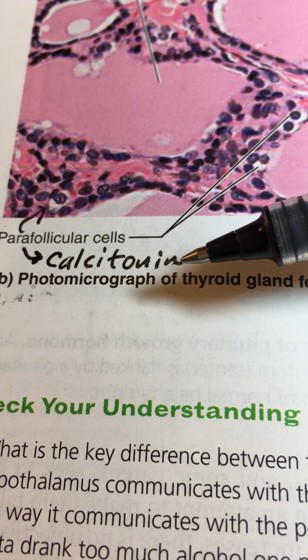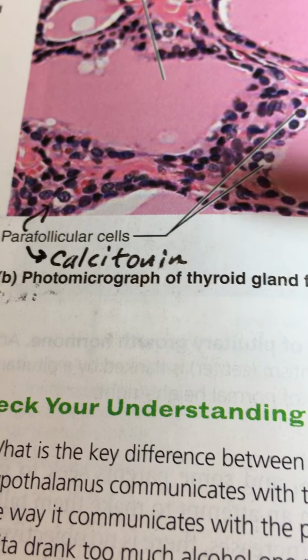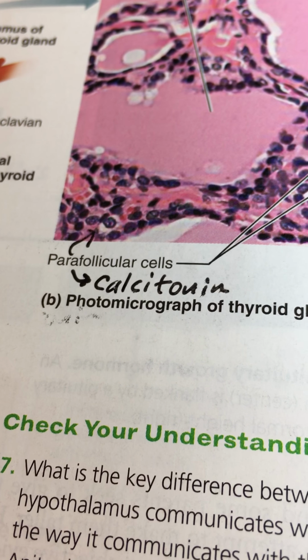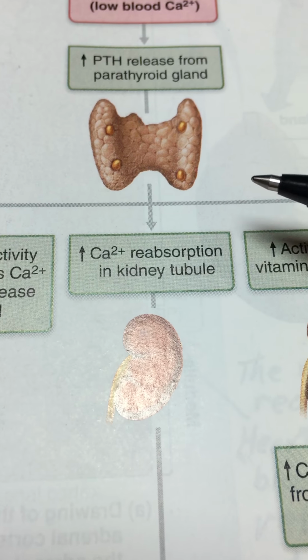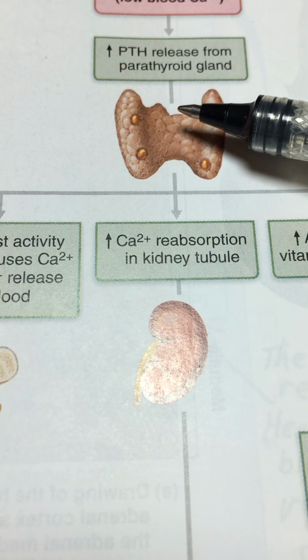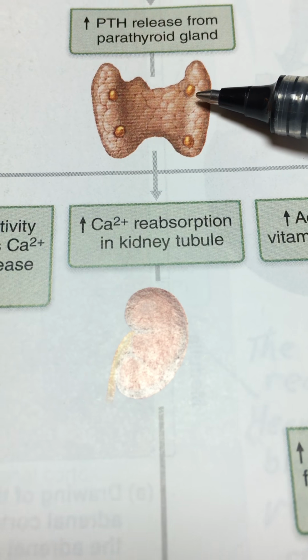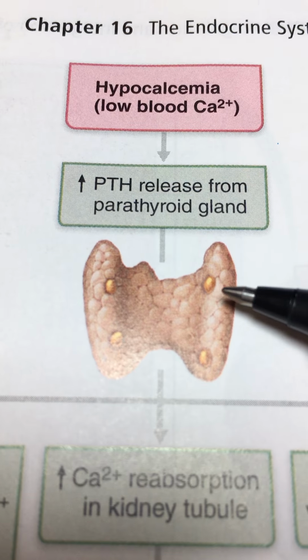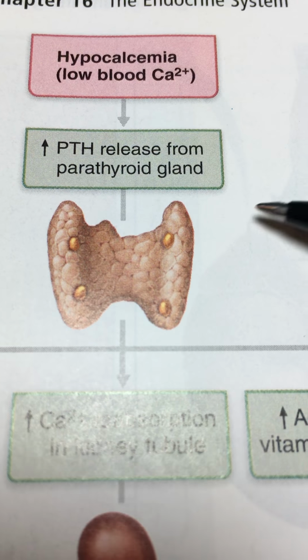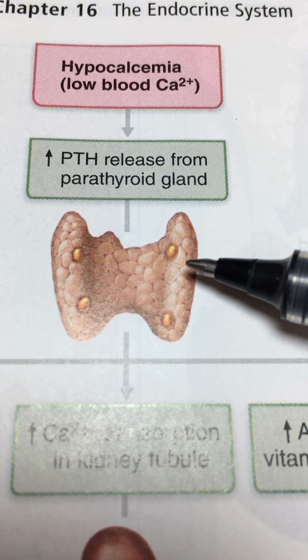And so this is permissive in the uptake and the building of bone matrix. And then we get to the other side of the equation, which would be the release of that. I'll get to that momentarily over here, and then we'll return to the work with thyroxine. So here on the back of the thyroid gland are these little two sort of nubbins right there that are going to be producing the